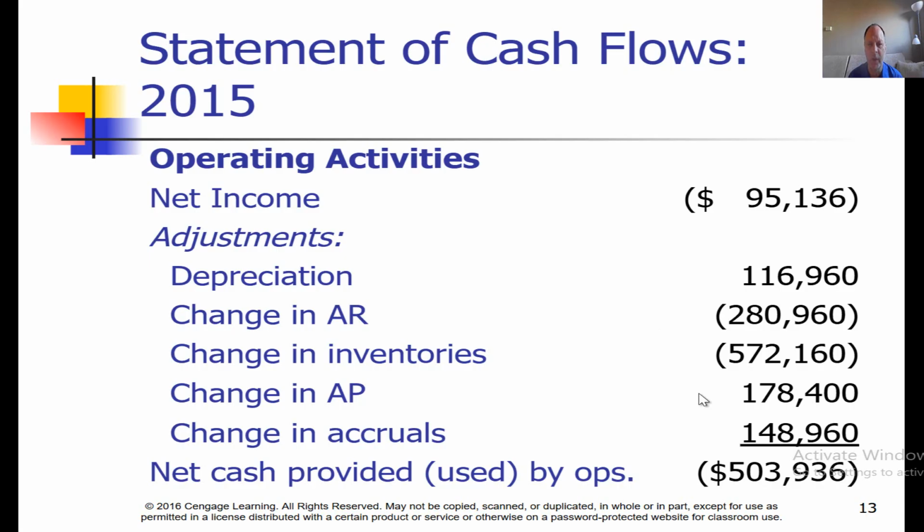Also, change in accruals is a positive. As it expanded, it hired probably more people, and therefore it owes more in estimated taxes, in estimated 403B payments, and in things like estimated healthcare costs. At the end, we had the net cash provided used by operations, which is the sum of all of these items, both positive and negative, and we end up with a negative $503,936. And of course, that cash has to come from somewhere,